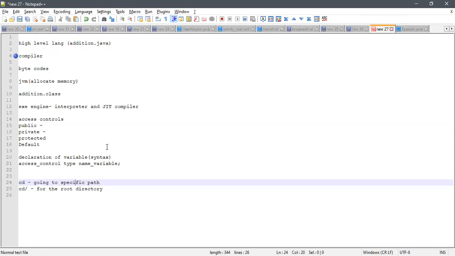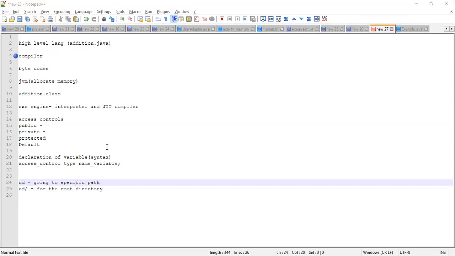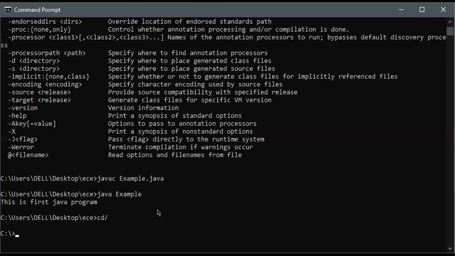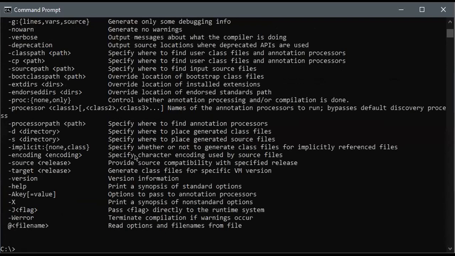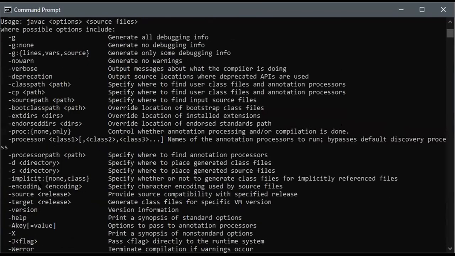Let me show you again for the command prompt. So we went to the command prompt here. Again, I'm telling you, first of all, you need to check whether Java is available or not. Just type the keyword java and then press enter. Okay, Java is available in your PC and it is installed successfully. And then if you want to check whether the path of Java is available or not, just type the keyword javac and then press enter. Okay, it is available. If it shows all these things, think like the path has been set.